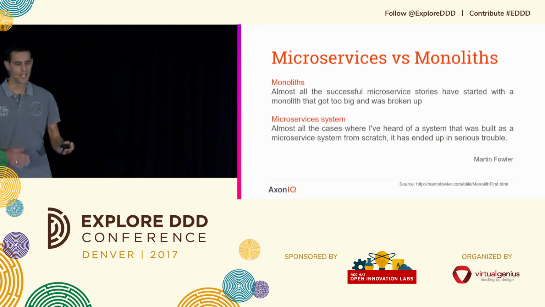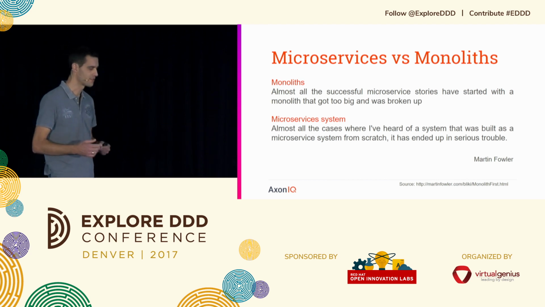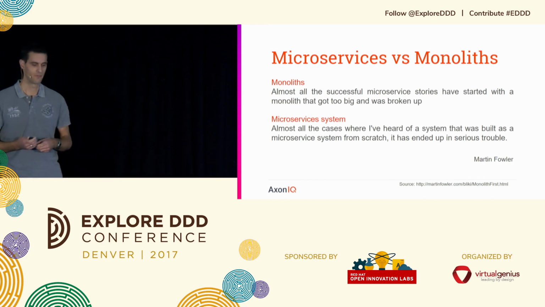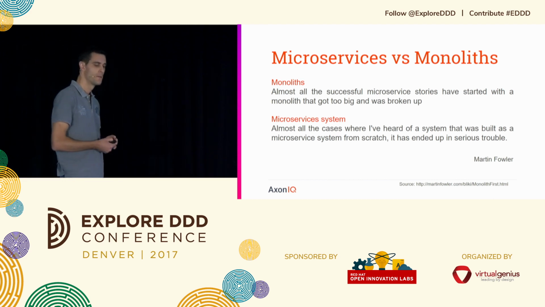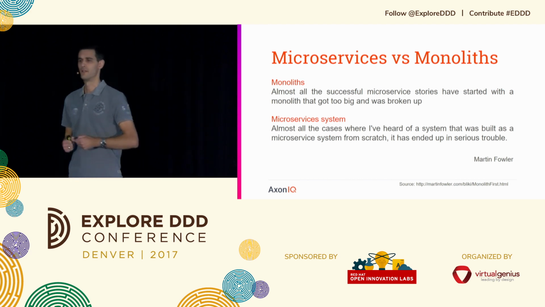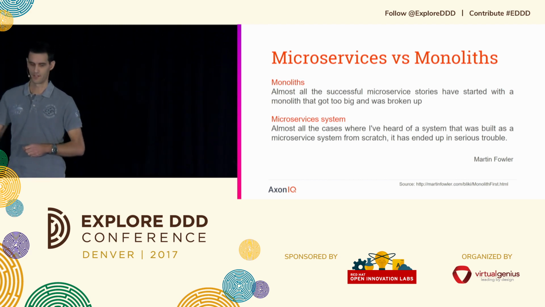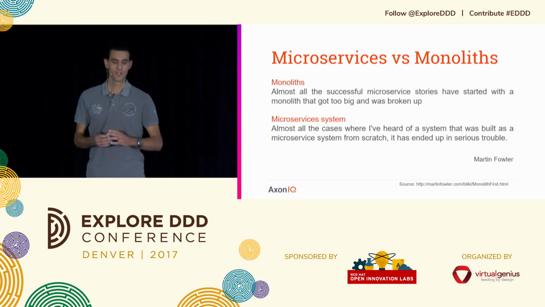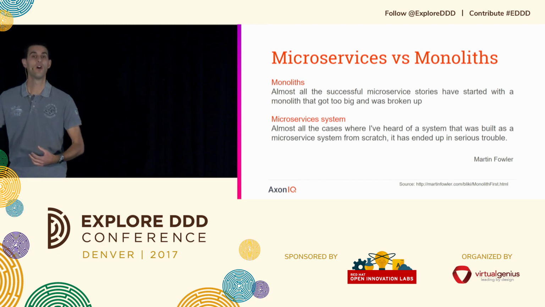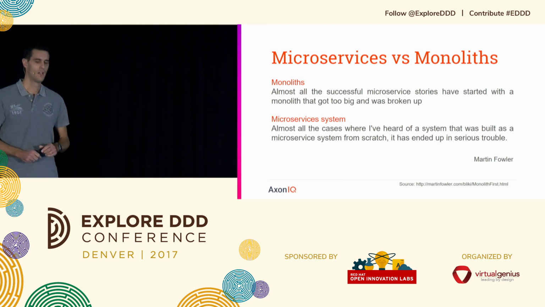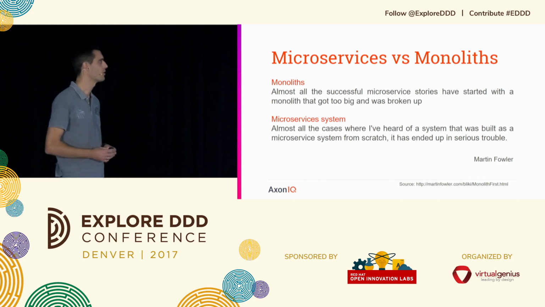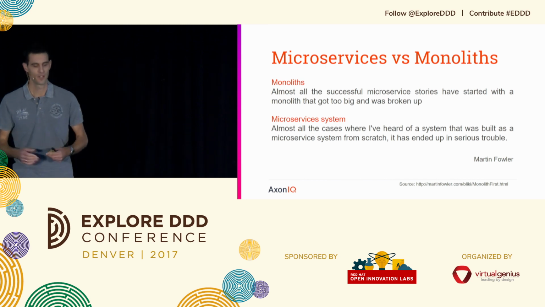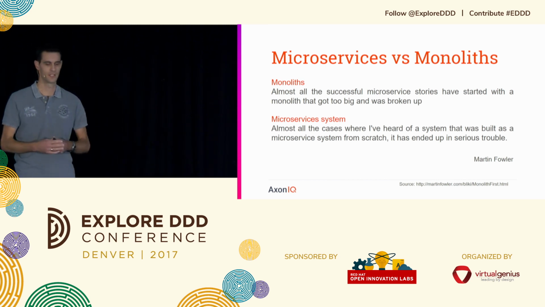And there's some interesting statements if you compare monoliths and microservices. And one I particularly like, which I can relate to, unfortunately from personal experience, is that all the successful microservice stories, at least that Martin Fowler has heard of, and most of them that I have heard of as well, started off with monoliths and then evolved into microservices. Although evolve is maybe not always the best word, they were refactored into microservices because sometimes a monolith was a big ball of mud before they turned into microservices.